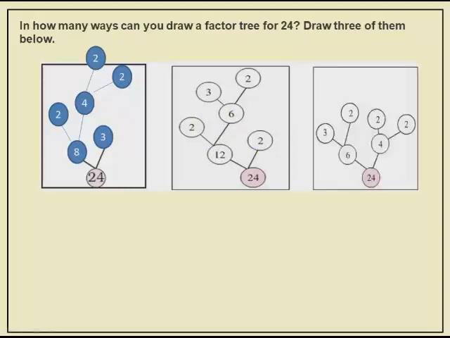Okay. Now the next method. So I have completed with 8 into 3, 12 into 2. So now I went for 6 into 4. So 24 I can write as 6 into 4. Next for 6 I am putting again branches, that is 3 into 2. And for 4 I am putting branches 2 into 2. So understood how we did this?